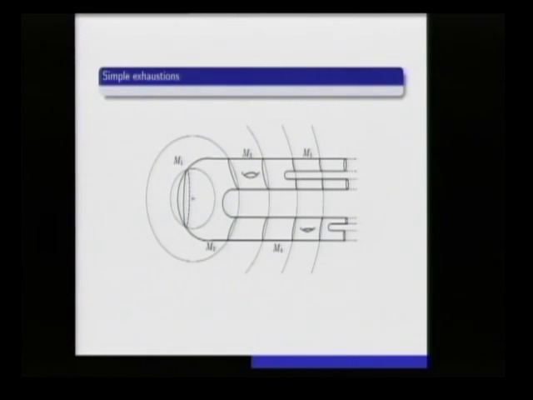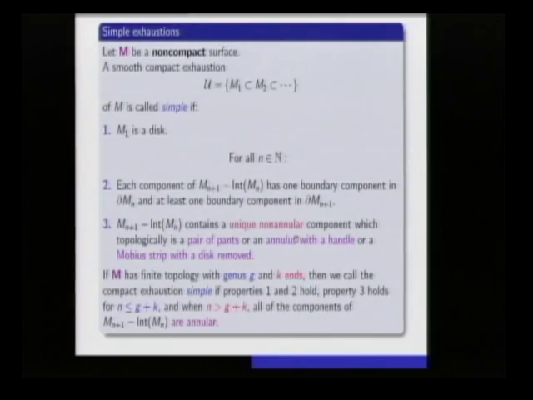Now, it turns out that in this picture, every orientable surface has such a decomposition. I can take any open orientable surface, decompose it and find an exhaustion of this type. It's called a simple exhaustion. What's nice is when you go from one stage to another stage, only one interesting thing happens. Nothing interesting happens here. Something interesting happens here. And so here's a formal definition.